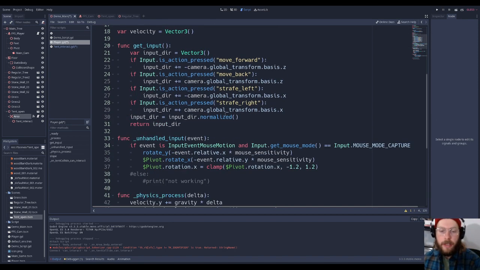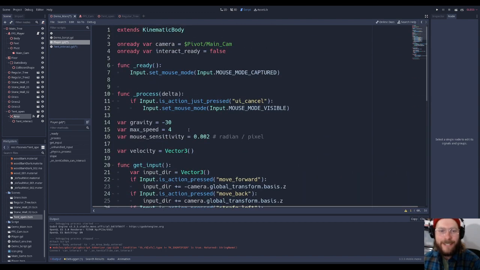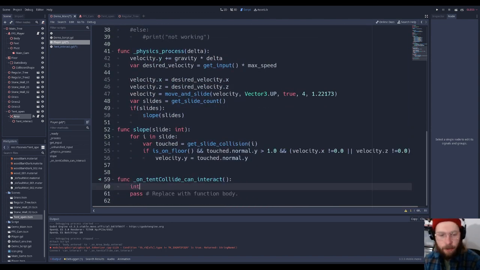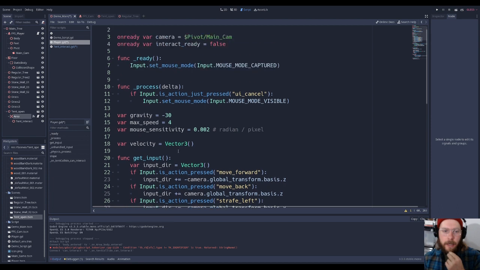GDScript is very similar to Python in that it automatically parses the type depending on how I'm claiming the value here. So the signal function is now at the bottom of this script. It says function on tent collide can interact. And now what I'm going to say for this is, what was the name of the variable that I just made? Interact ready. I'm going to say interact ready is now true. Okay? And so what I'm going to do is, in a function that's up here called process delta, which you could think about as an update function,